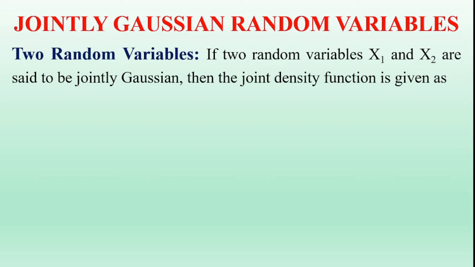In this video, I am going to discuss the concept of jointly Gaussian random variables. I am going to discuss two random variables and capital N random variables. First, we are going to discuss the two random variables concept. If two random variables, capital X1 and capital X2, are said to be jointly Gaussian, then their joint probability density function is given mathematically by